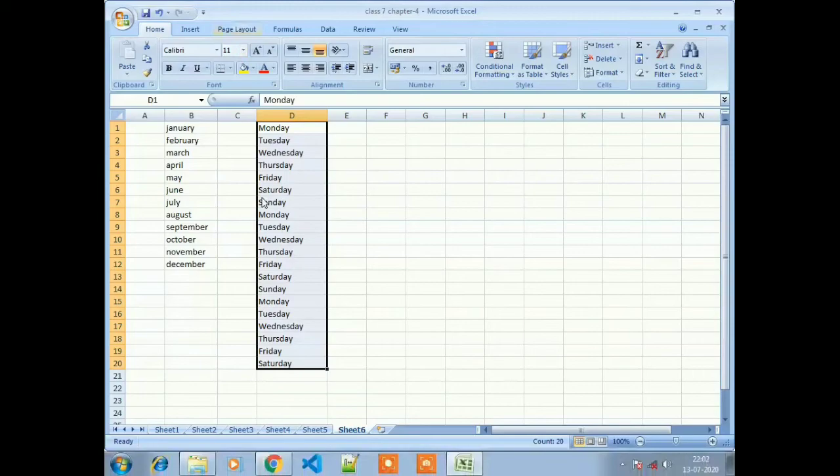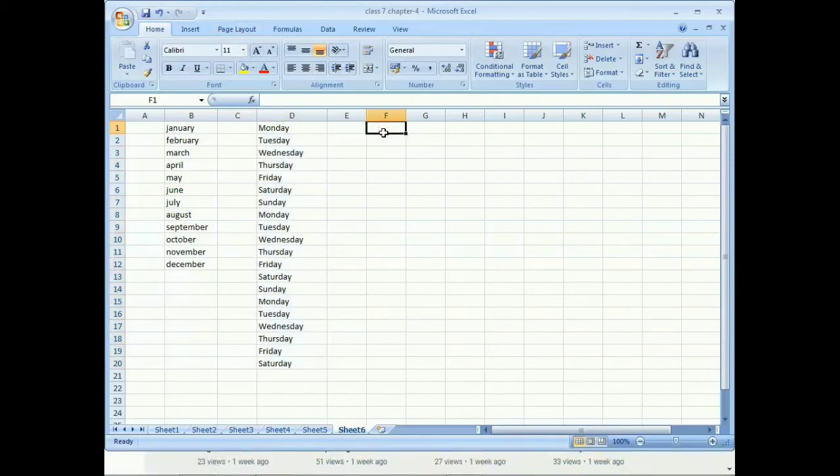And one more thing I'm going to tell you. Suppose that we type a table, like 2 and 2, 4, and after that if we drag here, now see the changes. This is displaying 2, 4, then 6, then 8, then 12 and then 20.